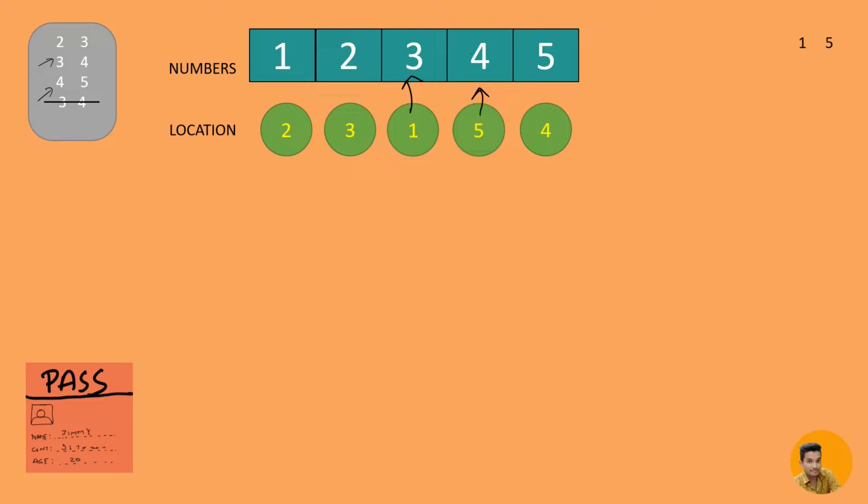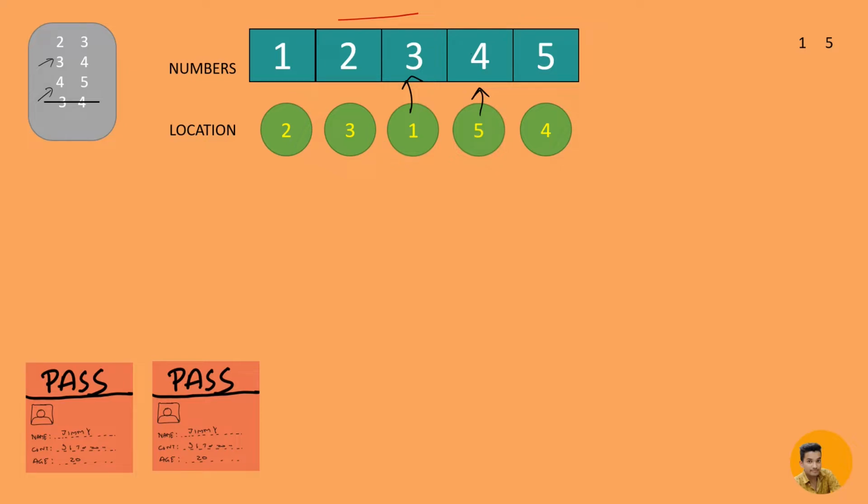So 2 and 3, is it contributing to a pass? Let's see. 2 and 3. So 2 is at 3 and the bigger number is before the smaller number. So this is going to contribute to the pass. So we will add 1 to the pass. Now we look for